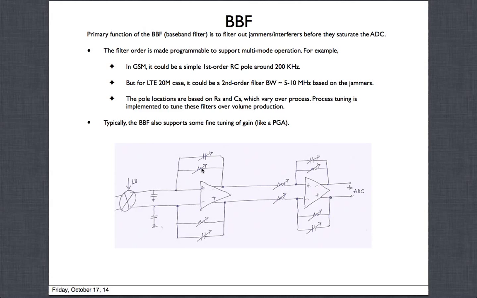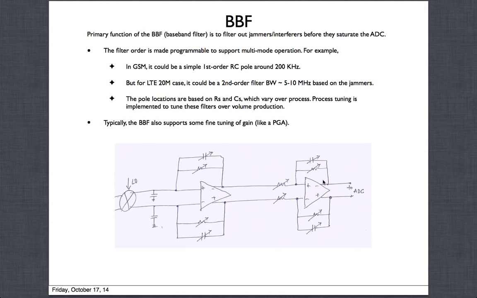So imagine if the resistor varied 20% and the cap varied 20%, you have varied 40%, right? A variation of 40% will actually cause more than 40% variation in the pole location. That's not going to be good, because if the pole varied that much, then either your bandwidth is too low or too high, and you will not be able to reject the interferers, because that's the main purpose. We are trying to define a filter shape which will reject the interferers before it goes to the ADC. We don't want those interferers to saturate the ADC. So if the whole filter characteristics moved around so much, it's going to be a problem, right?